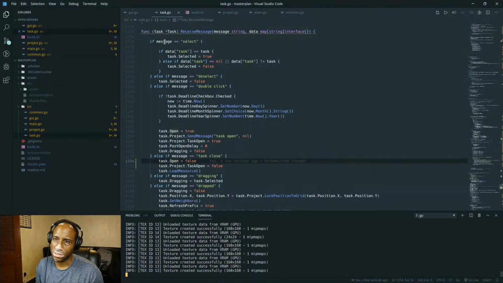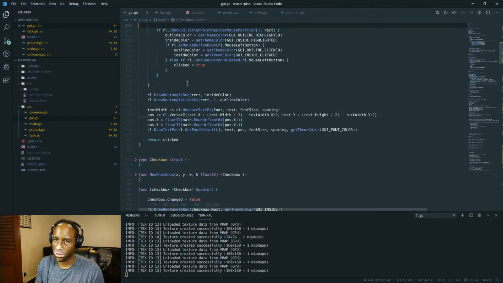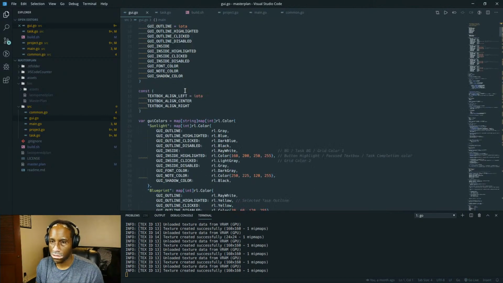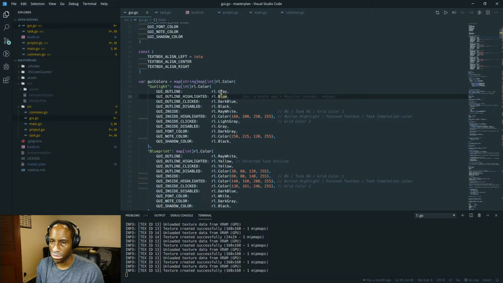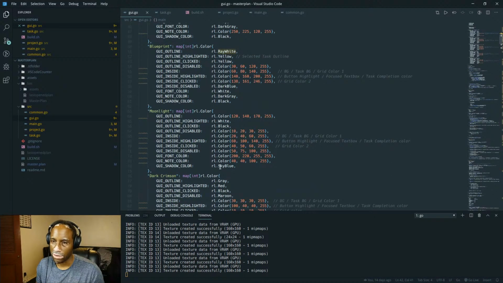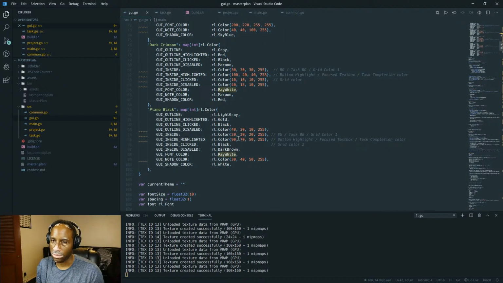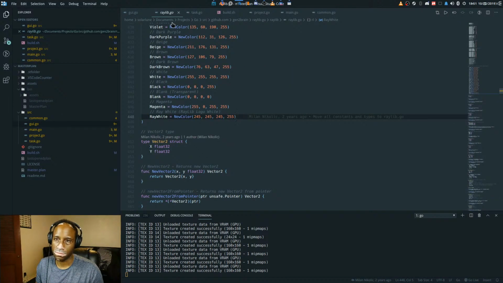For now, it just makes sense because I use some of Raylib's internal colors here. I use Raylib gray, blue, dark blue, black for defining the palette for each theme. But when I move it out to JSON, I'm just going to copy the actual values down to actual numbers.